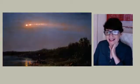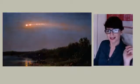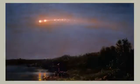I love this idea of all of this working together, that Walt Whitman as a writer and Frederick Church as a painter are taking this moment and really looking at science in terms of this meteor and then recording it, whether it be in paint or in poetry. So for Science Tuesday, that's what we are looking at. Please take a moment and reflect on this beautiful, stunning work, which I think is just